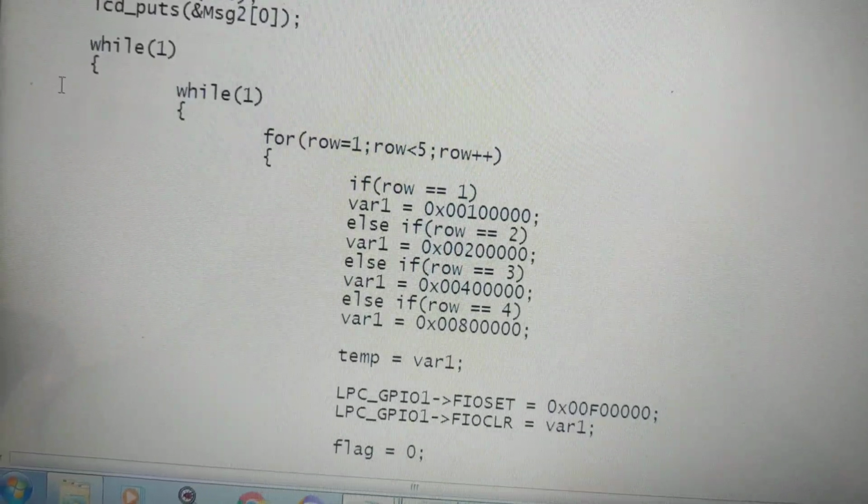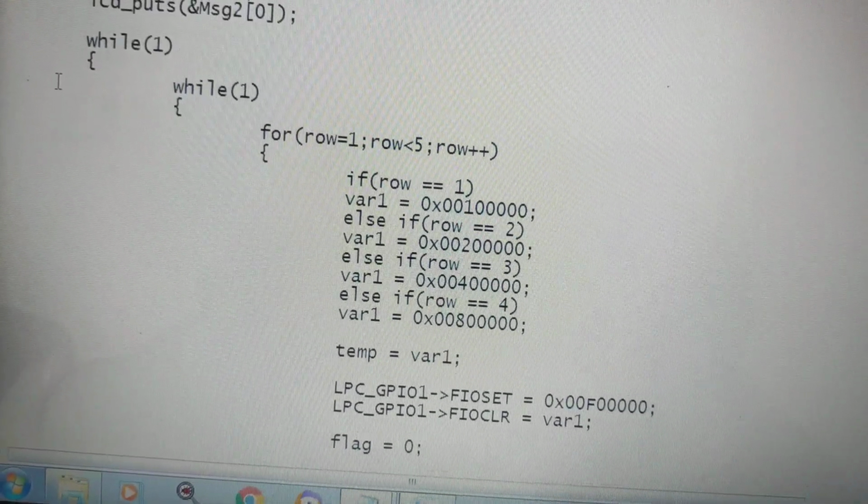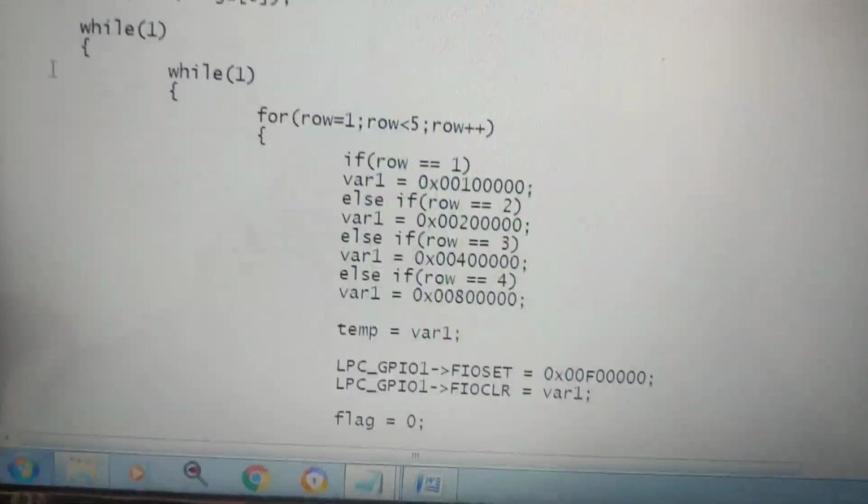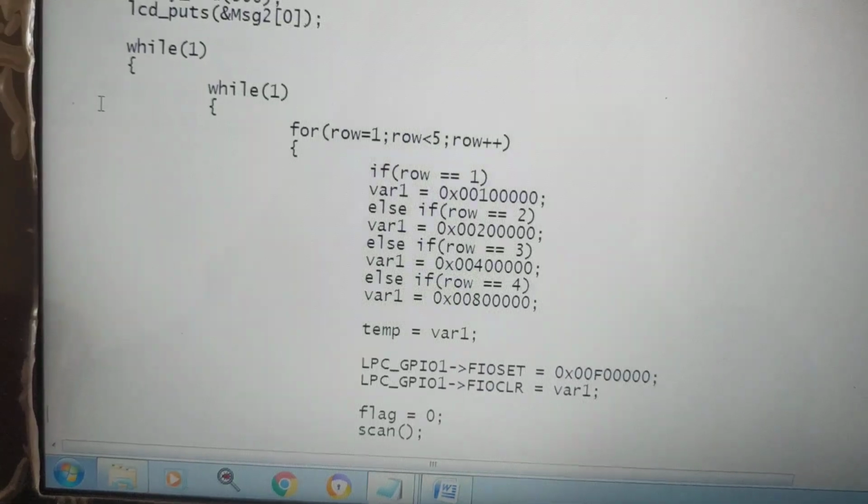Else if row 2, else if means whichever key we are going to press, that key code will be displayed on the LCD. So this is about all the 4 rows. Similarly,